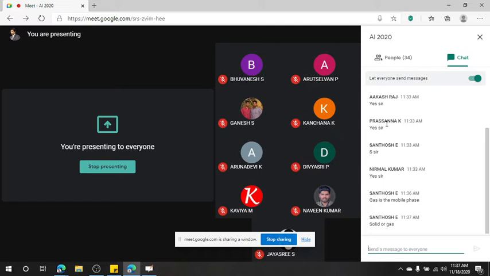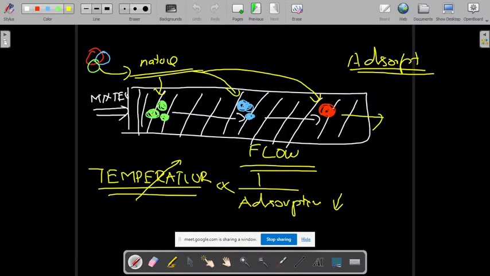So it is gas. The sample is evaporated and converted into gaseous state, and then it is carried away by your mobile phase. The sample stays in whatever state the mobile phase is in. For example, if the mobile phase is liquid, your sample may be liquid or semi-solid, it's possible. But as far as gas is concerned, your sample should be in gaseous state. Fine. Okay, we'll start from this point.